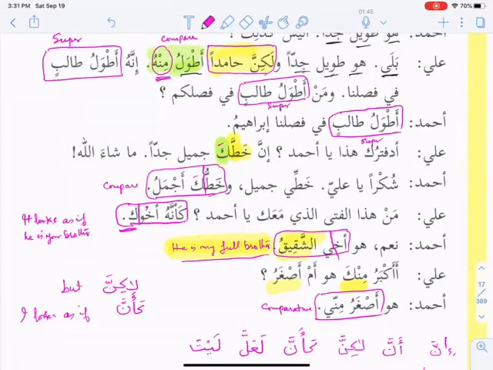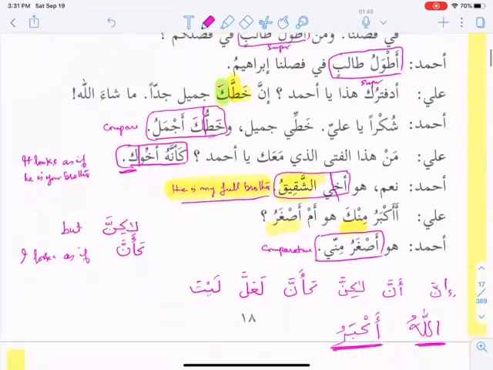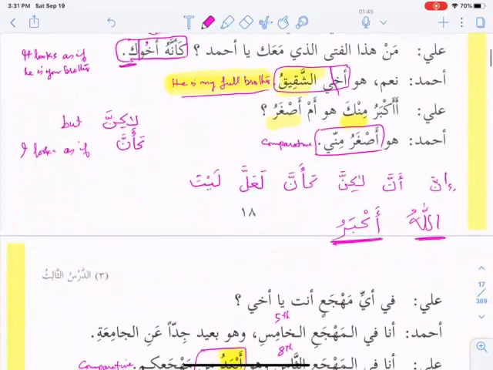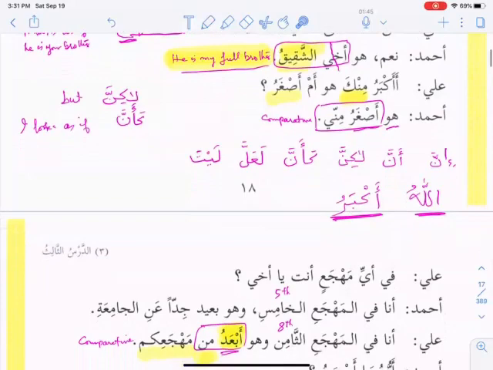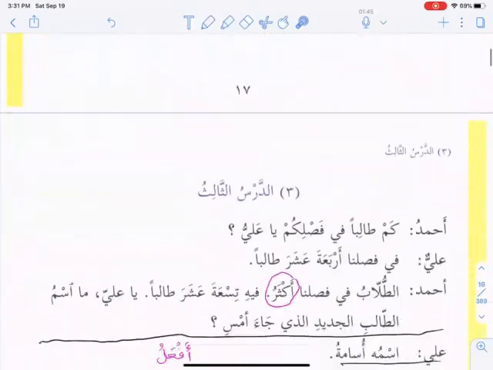Akbaru minka. Huwa askaru minni. See, huwa is your mubtada, askaru is your khabar. Simple. Minni is jar majrur. That's all. We got our khabar. We just have to say minni jar majrur. And now, my brother and sister, fi ayyi